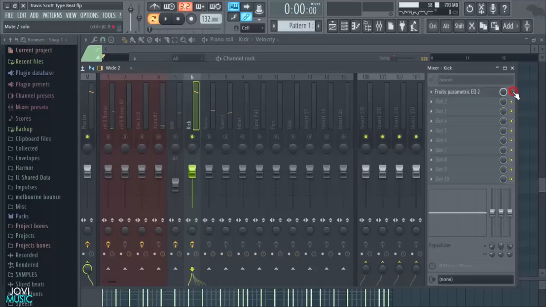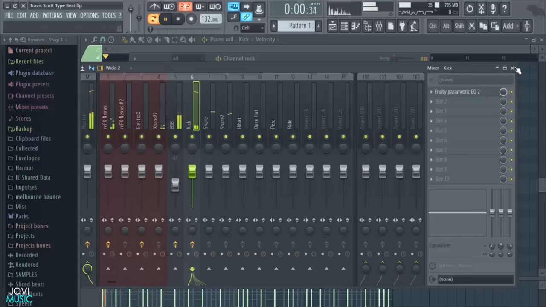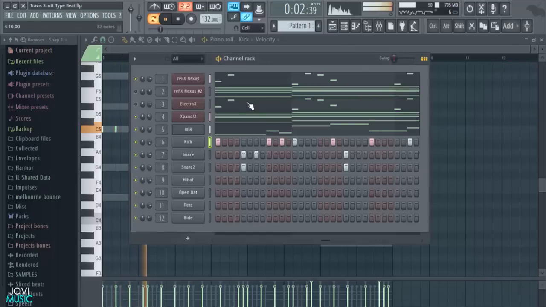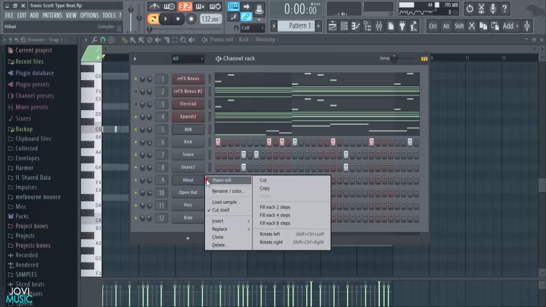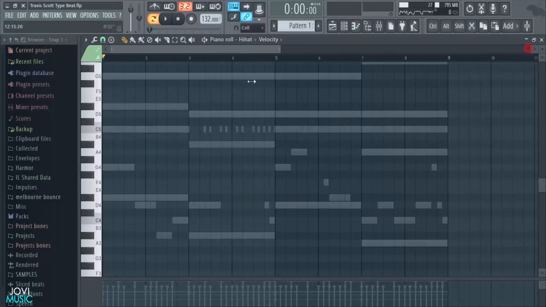So let's hear it before and after. There's certainly a difference, right? And now the kick sits behind the 808, so it's really nice. So let's go ahead and